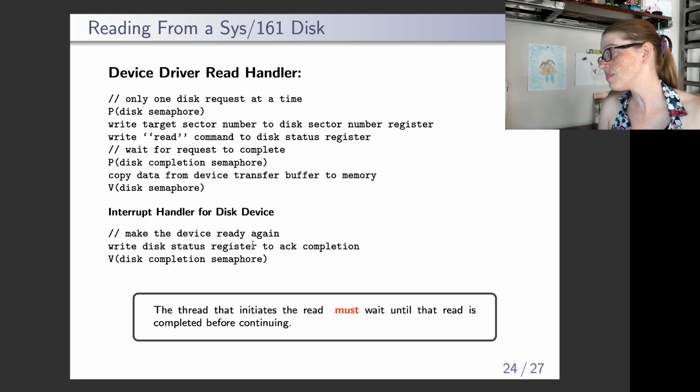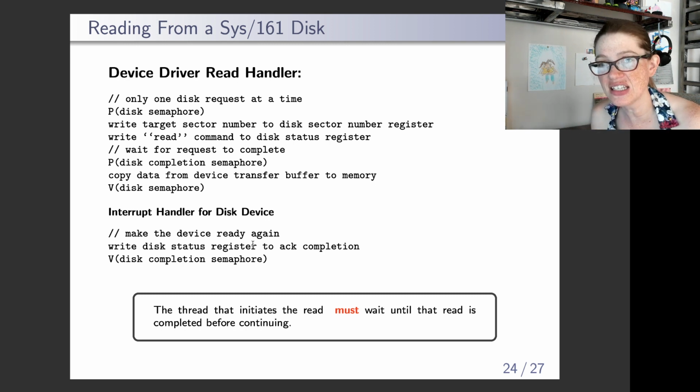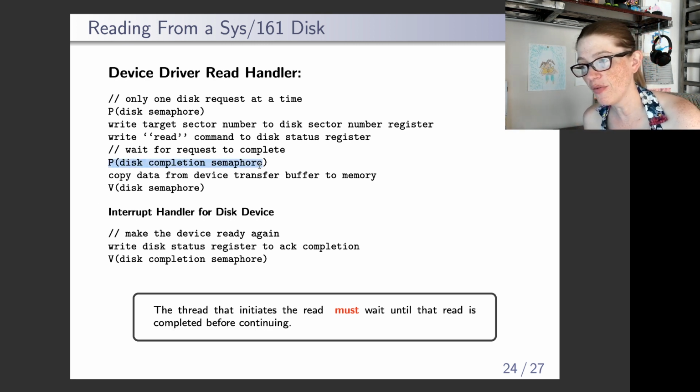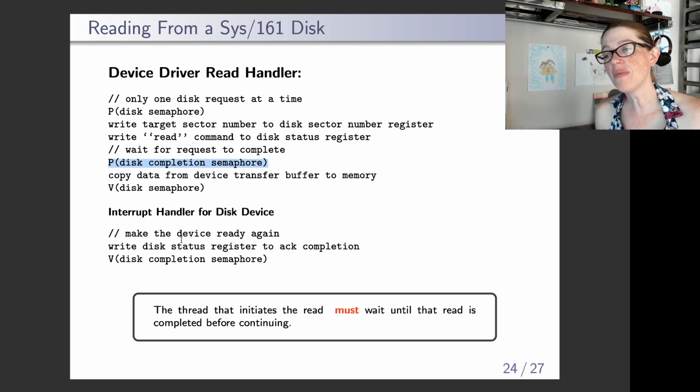Now we have to wait here because we are requesting data from the disk. And if I go back to my program and I try to use that data, it doesn't exist yet because the disk hasn't finished. So I must wait until the disk has finished its job. So I have the barrier semaphore. Once the interrupt has fired and I've acked completion and I've released the barrier, the next thing I need to do